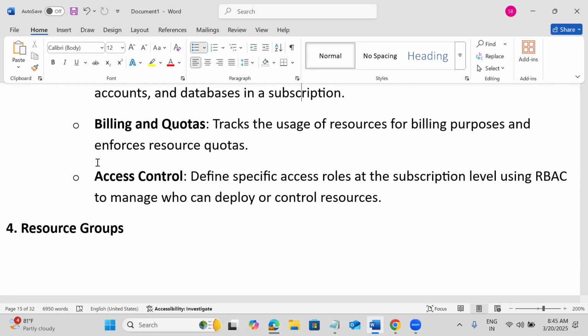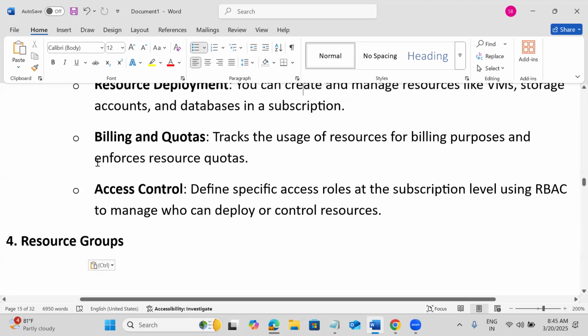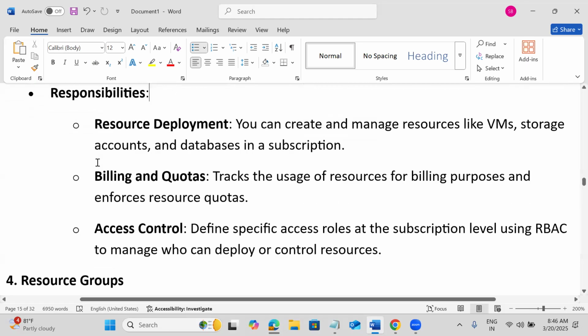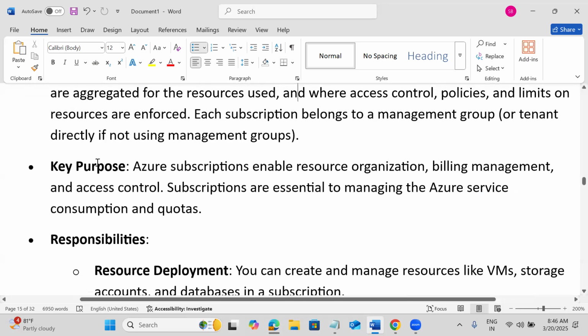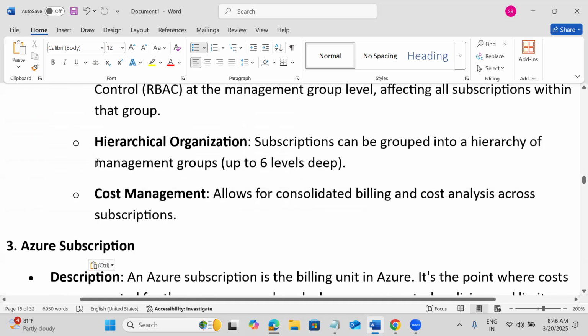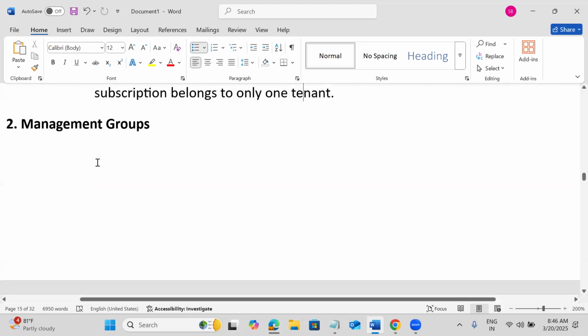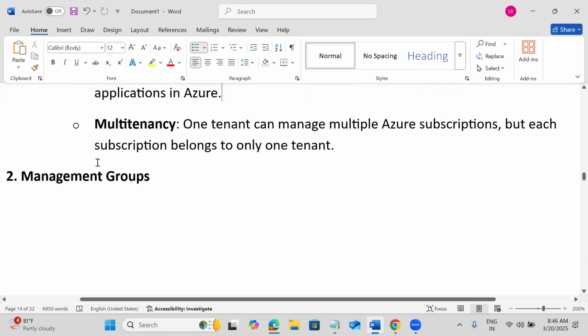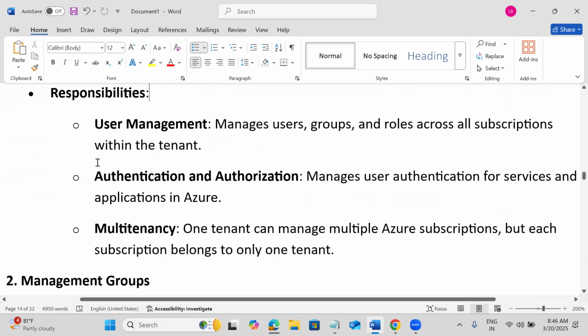Examples of resources are Azure VMs, Azure AVD, load balancers, SQL, all these are resources. But we first group them, at the lowest level, resources into resource groups. And you will have one account, that is a subscription. We can have multiple subscriptions also. Those all come under a management group.